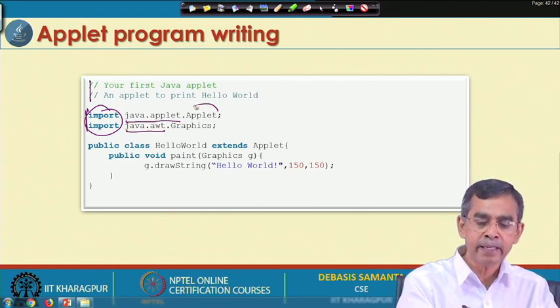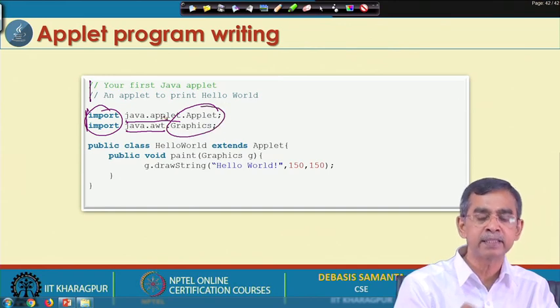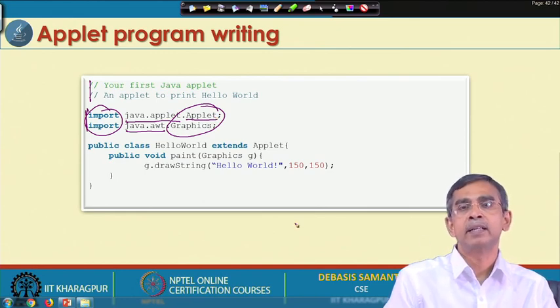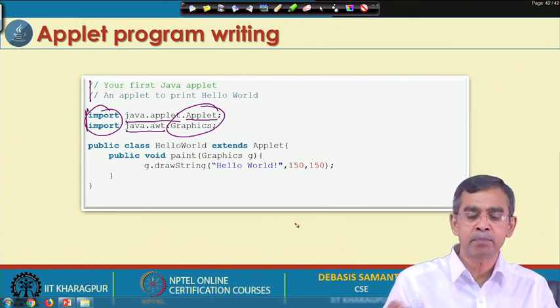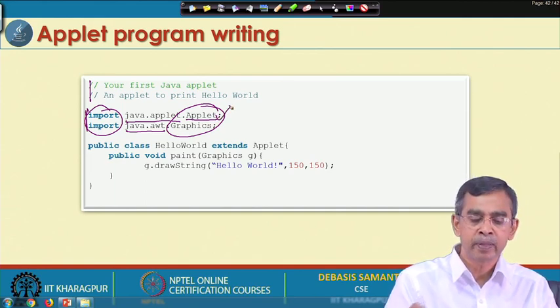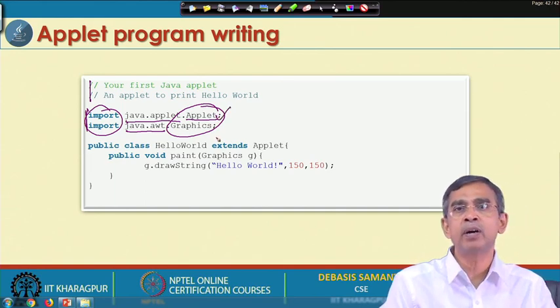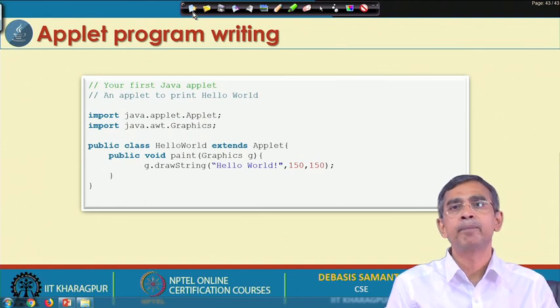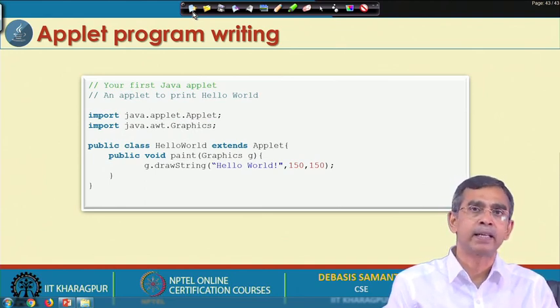And if I write again after the name of the package, say java.applet or java.awt, a particular name, it is actually a particular class. In java.applet there are many classes, but I want to use only one particular class, so I can mention .applet. Similarly, in AWT I want to mention only one class, called Graphics. So, I use it. This way I can import a package.